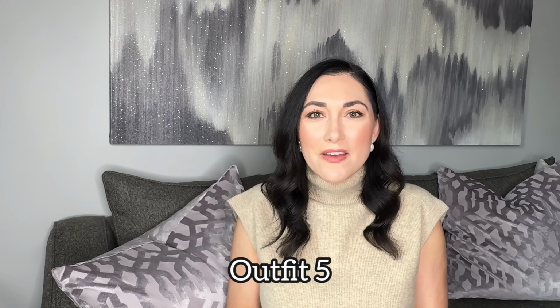For outfit number 5, I'm sharing another workwear look. This also could be another everyday kind of outfit, but for me, I would definitely wear this to the office. So starting with the sweater, it is by Eileen Fisher. It is 100% merino wool. It is very soft, very comfortable, and I love the long length on it, that it's long enough to wear